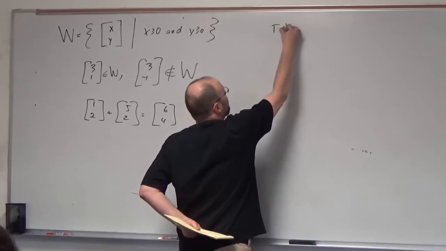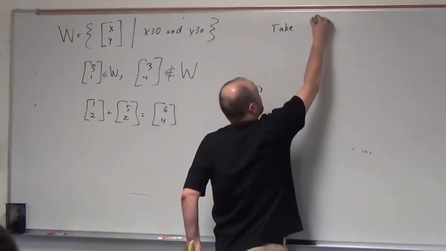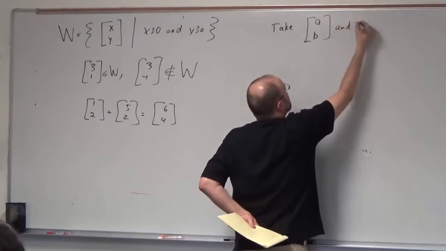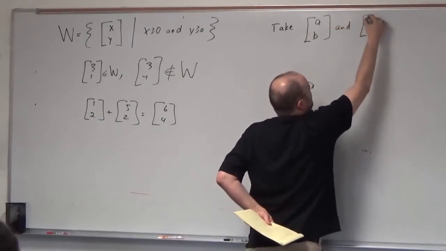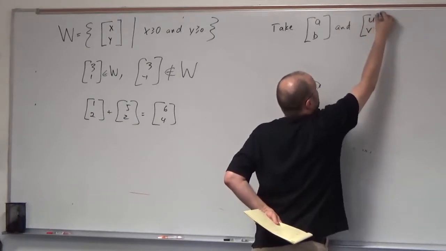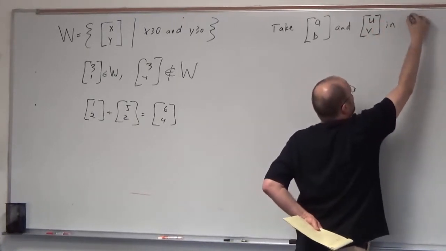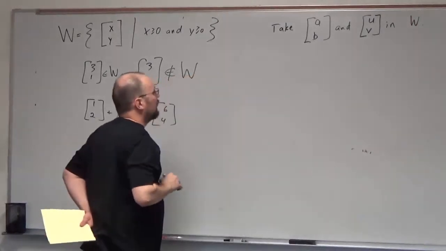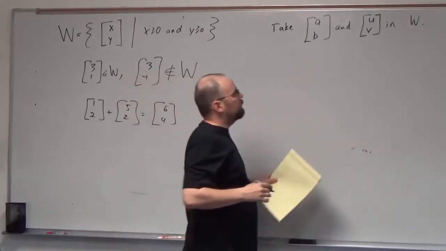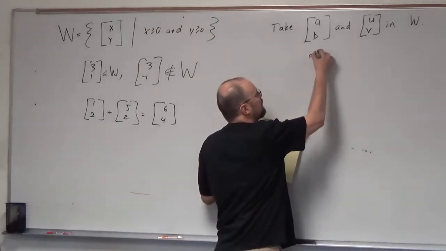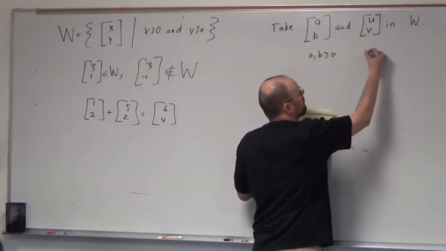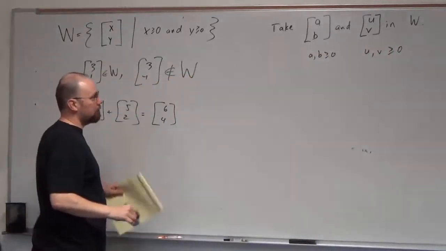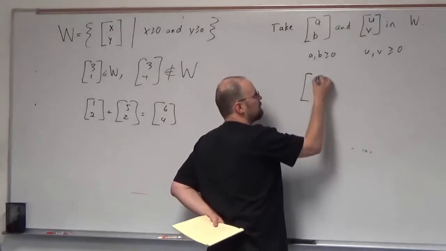You would take two arbitrary elements in your set W. So take an element, say (A, B) and (U, B), I guess. And all I'm assuming about these two elements is that A and B are both non-negative, and U and B are both non-negative. That's the only thing we can say. And when you add these,